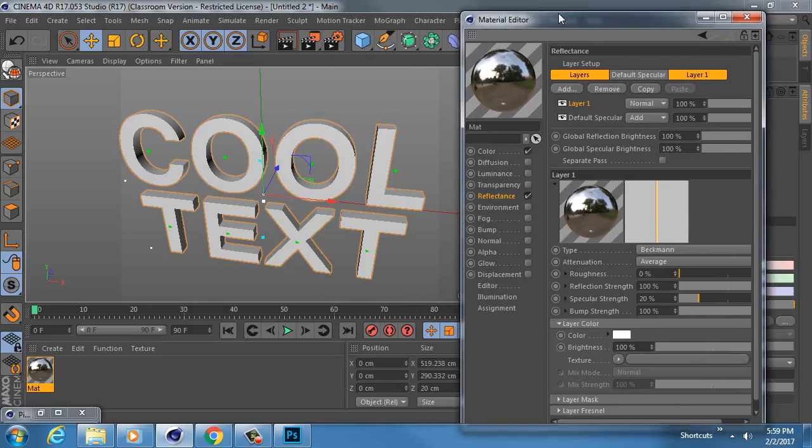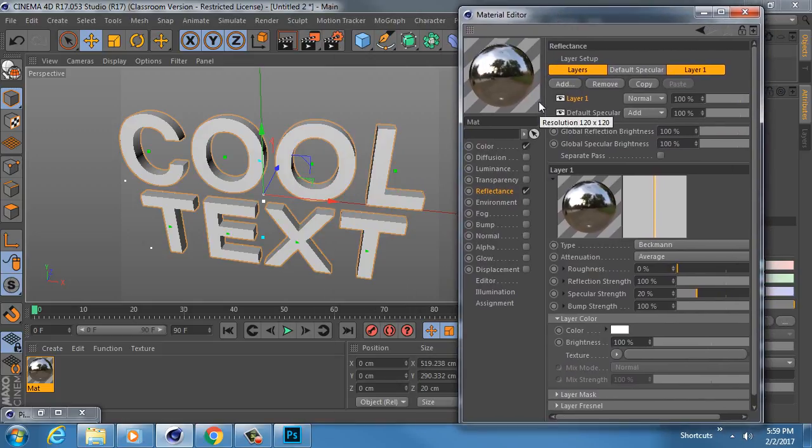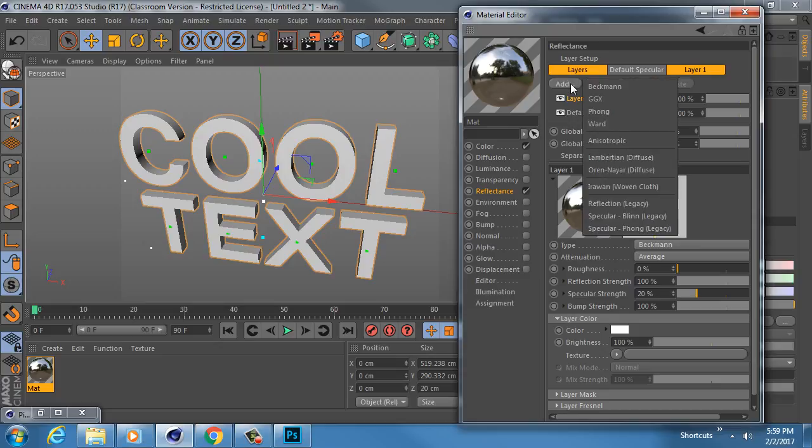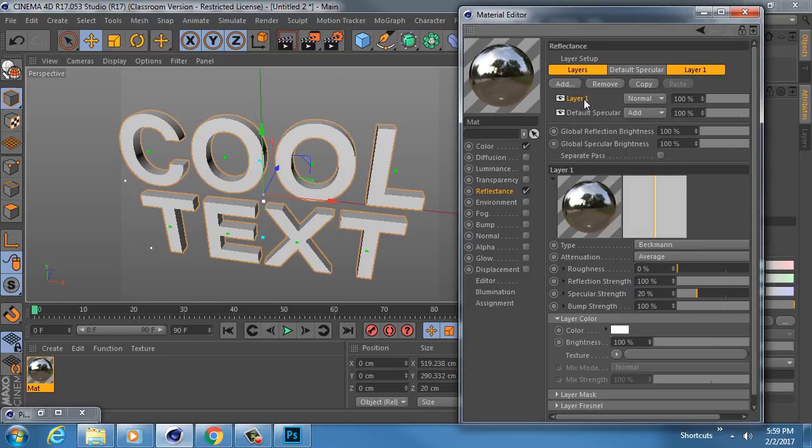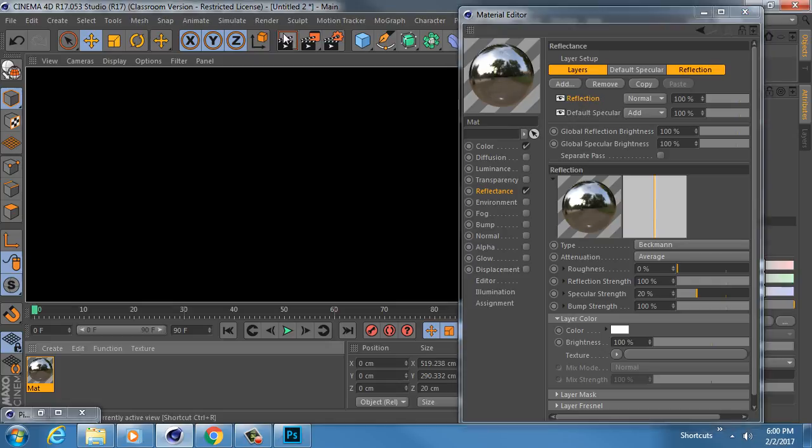because why not? So how did you do that? You clicked layers and then add? Yep, layer, and then add. So I've got this, and I'm just going to name this reflection. So we can see this chrome ball is now looking pretty chromy. And if we render,